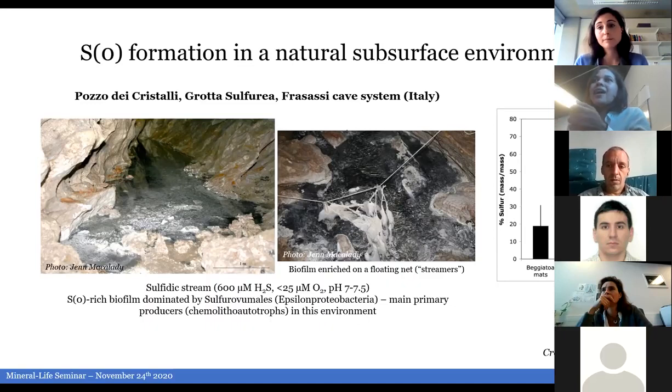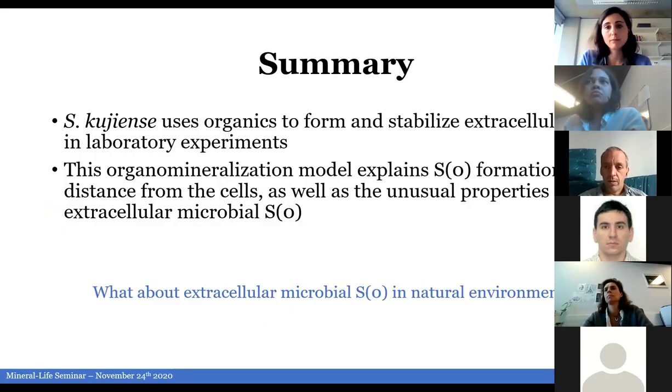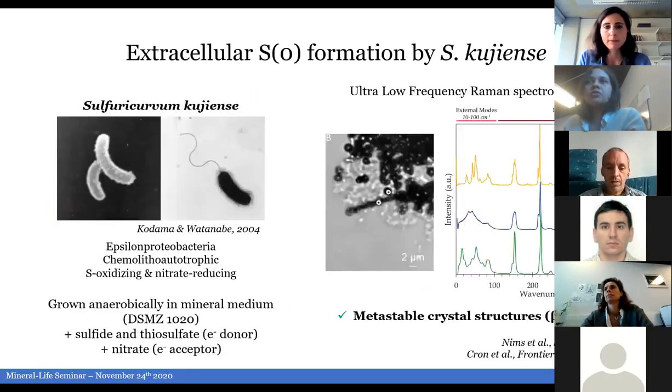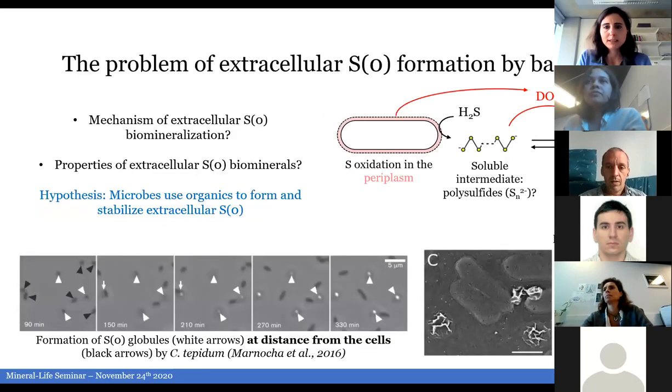So, do you know, is there already research going on into how they access these mineral phases? Because we know a lot about extracellular electron transfer for iron minerals, but something like that could also happen with these sulfur minerals. Yeah, so the idea is that in the periplasm, they will oxidize sulfide to a soluble intermediate,